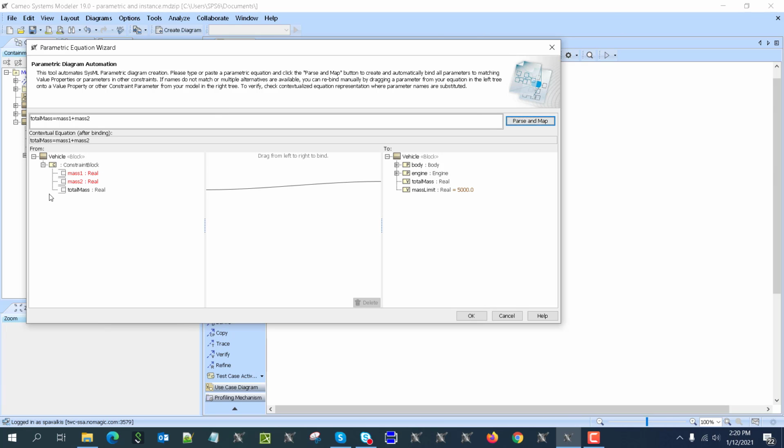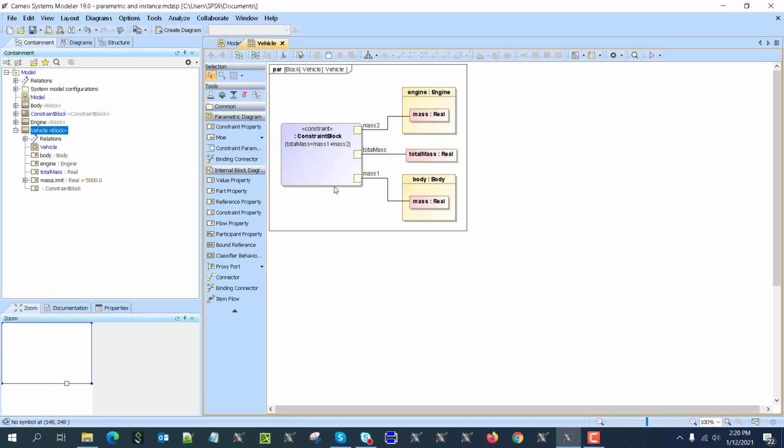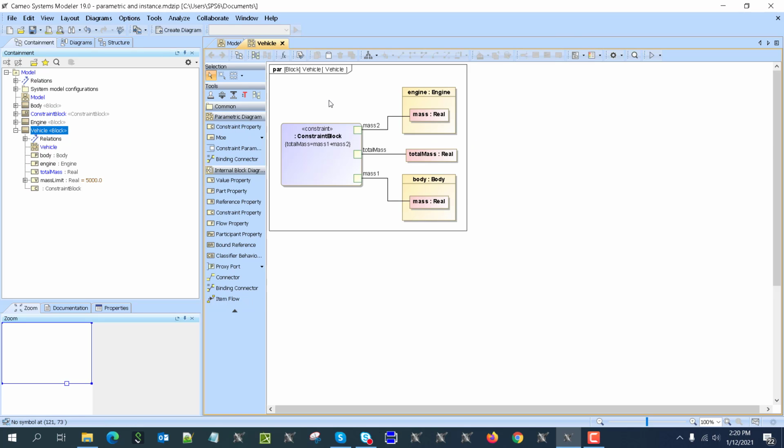Here we have the constraint created, and here we have system properties, and we will map mass 1 to mass of the body, mass 2 to mass of the engine, and click OK. We get the parametric diagram created. Now the second part of the parametric diagram could compare the total mass to mass limit, right? So I will take this